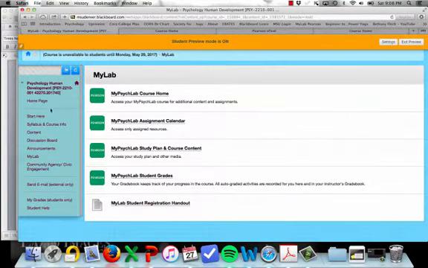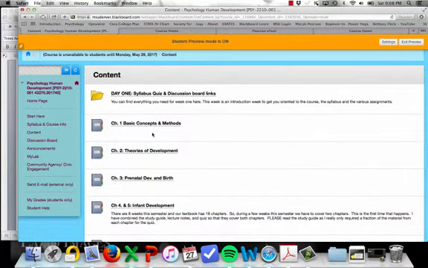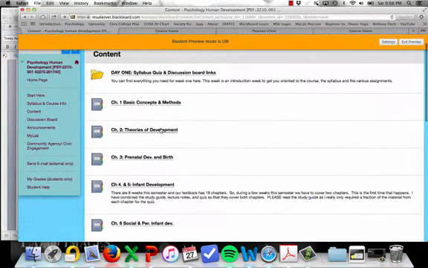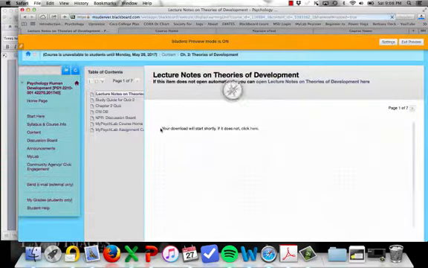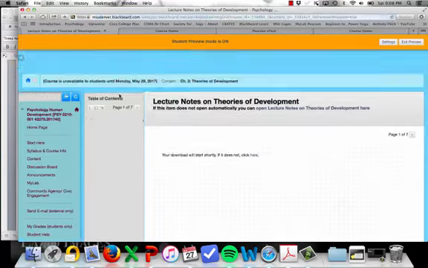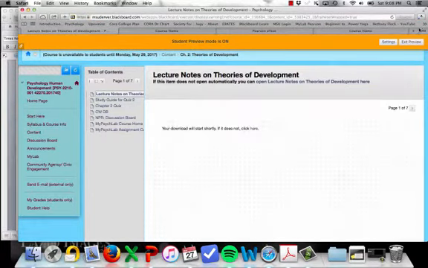I also wanted to show you the study guides and the notes. So let's go into chapter 2 here. This is in the content tab of Blackboard. We went into chapter 2, and this is all the material for chapter 2. So once you get to chapter 2 in your course schedule, you would come here to complete all of your work. The lecture notes are here, so if I click on this, it'll download them for me.